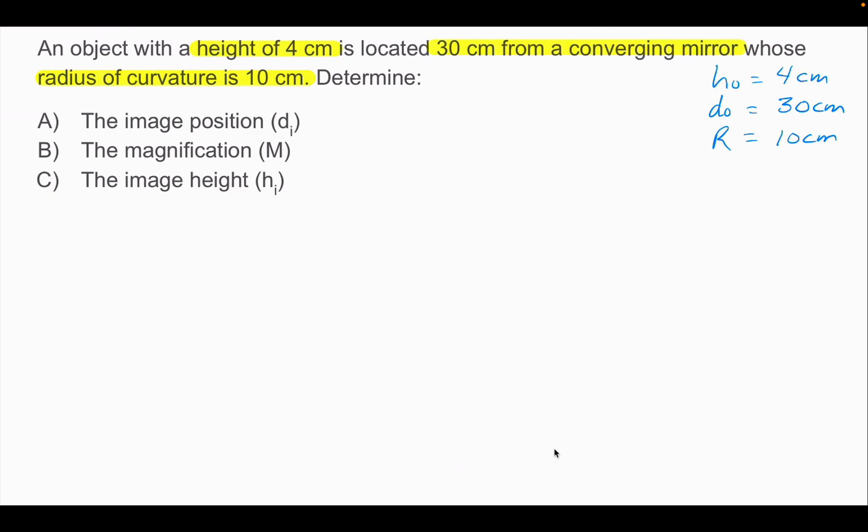So given that, if I know what my R is, the radius, what is my focal length going to be? F is going to be R divided by 2, which means it's 5 centimeters. Okay? So now first things first, I am going to